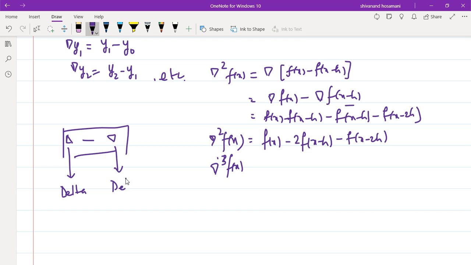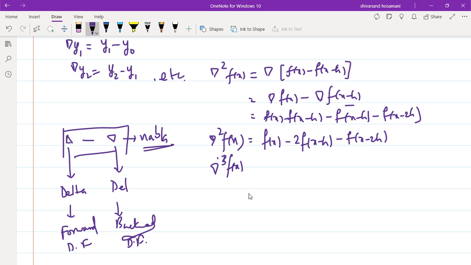This is called del; the actual name is nabla in the Greek letter, but we are just taking del as the backward difference operator. So delta is for the forward difference operator, and del is for the backward difference operator. And so on, del cube, del raised to n, that is the nth backward difference operator,